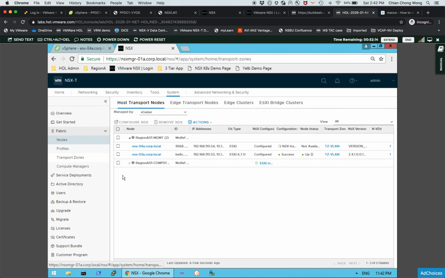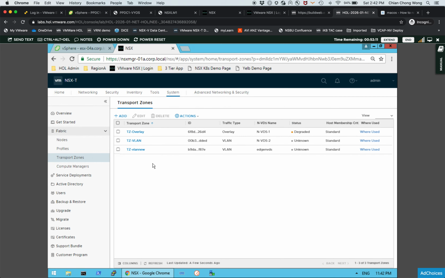While it is installing, I will also show you the idea of a transport zone. For NSX, there is the concept of a transport zone that defines the span of a logical segment, and that is true for both VLAN backed logical segments as well as overlay backed logical segments. Over here, I have 2 VLAN based transport zones and 1 overlay transport zone. A node, an ESXi host, can be part of both a VLAN as well as an overlay transport